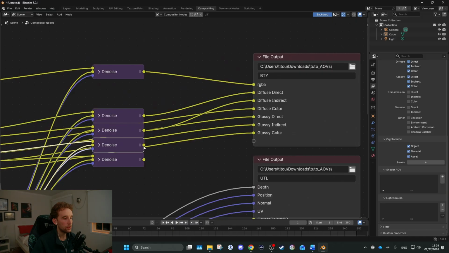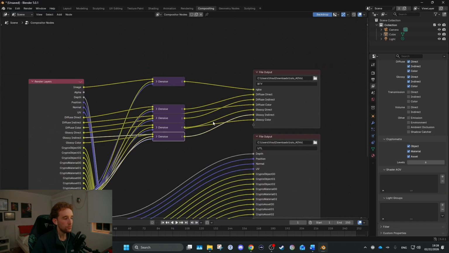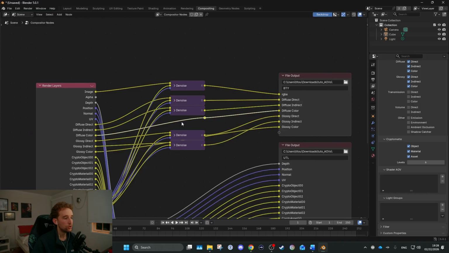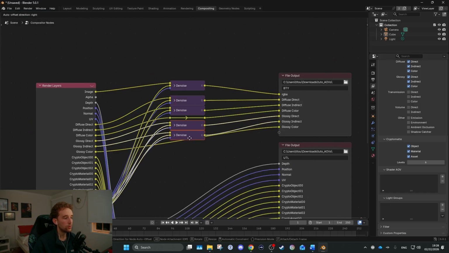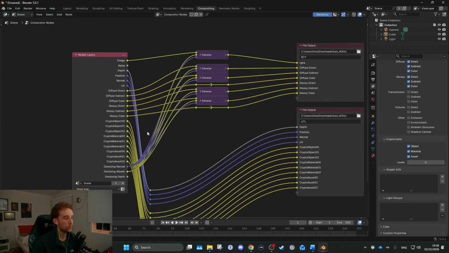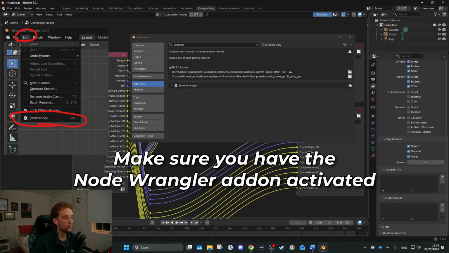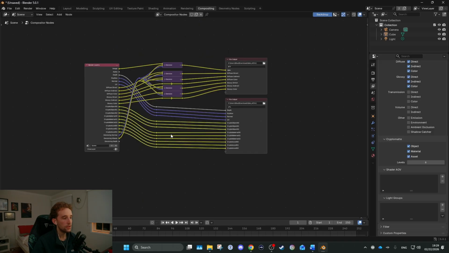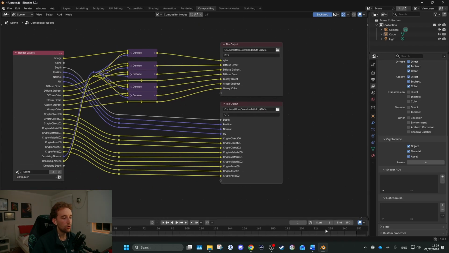So then I plug this in the right thing, and now I make it just a little cleaner, just to be able to see what we're doing and not have a lot of connections kind of going weirdly. So to do the knots like this, I do Shift right click, and there you go. So now that we have this and it's pretty clean, we can go ahead and render